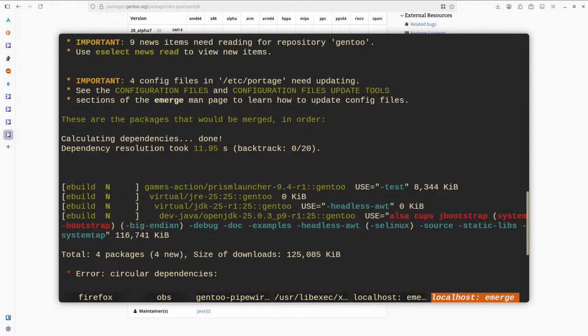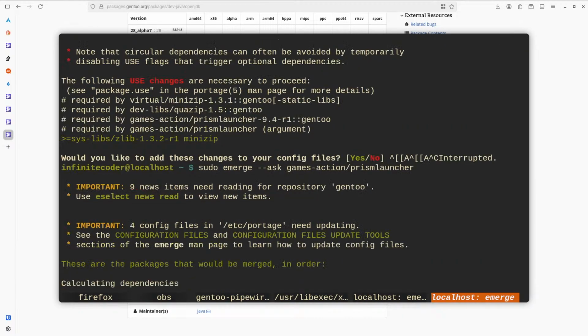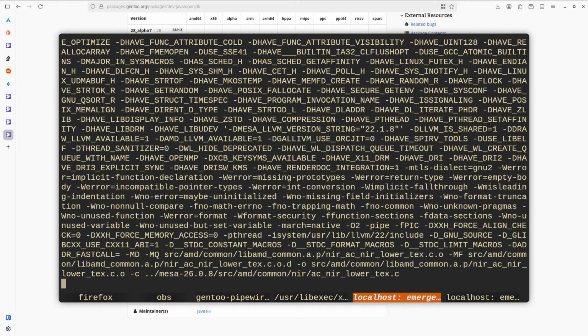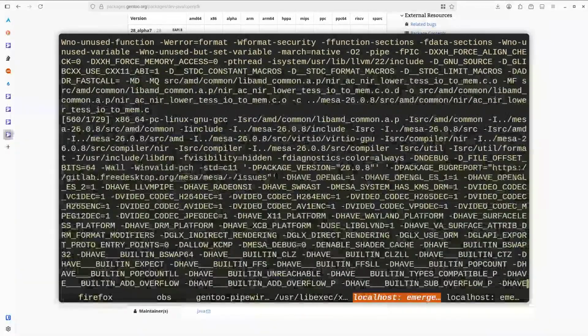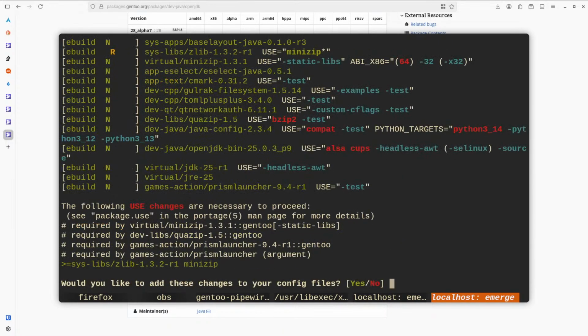Why is it indented? Oh, because it's requiring GRE and GRE requires GDK and GDK requires OpenJDK. Okay, let's just install Prism Launcher and we'll see how it goes while this is still building. 560, holy, this is almost half. So yeah, frame rate, 10 frames per second. It's fine, right?